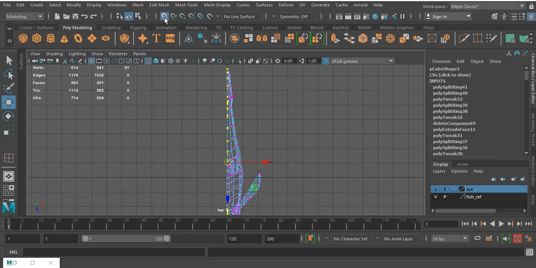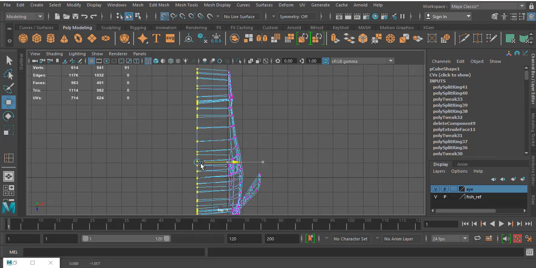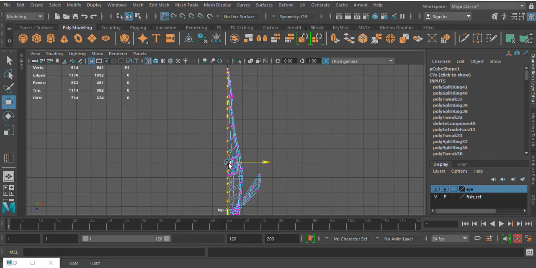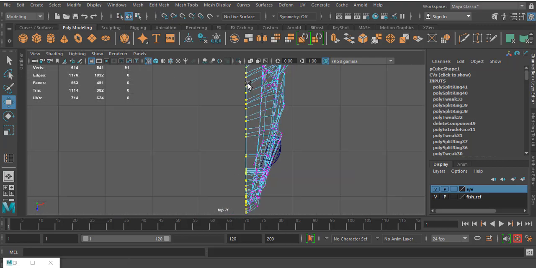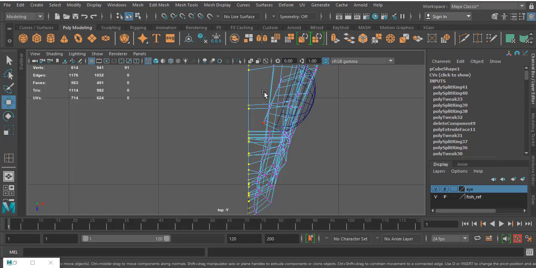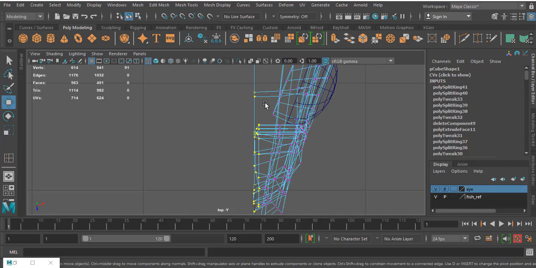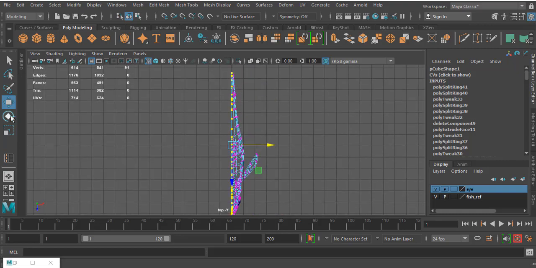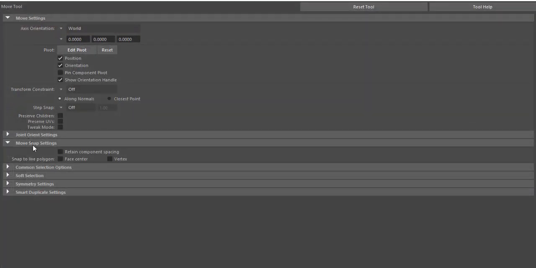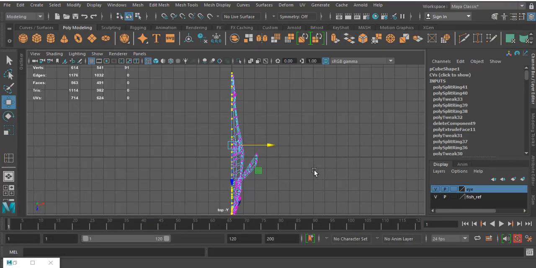If you press the X key, it's X for Xmas. So if you click on this X key, you can snap one step forward and come backward. So that problem will be cleared. Now the entire area will be on the same grid. Before that you can see it will be like this. I want to make it in an arrangement. So go to the move tool option, move snap settings, switch off the retain component spacing option. Now press X, move this like.